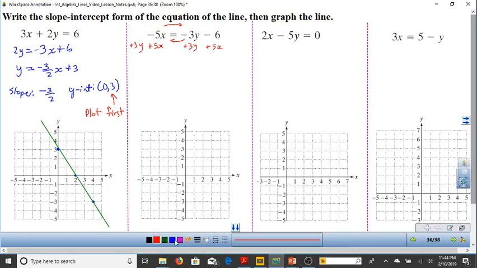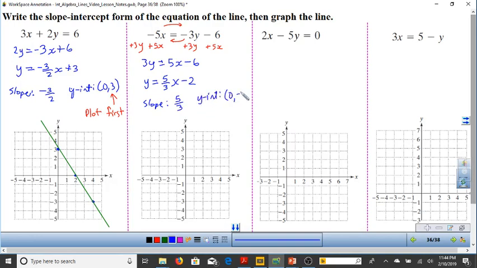So my equation becomes 3y is equal to 5x minus 6. And then I just divide both sides by 3. So we get y is equal to 5/3 x minus 2. So my slope is 5/3 positive. So the line should be increasing. And my y-intercept is